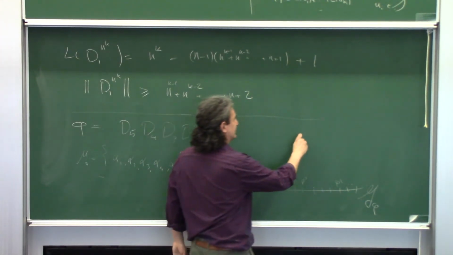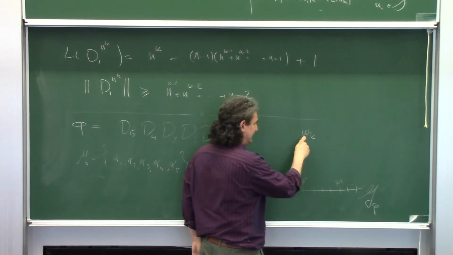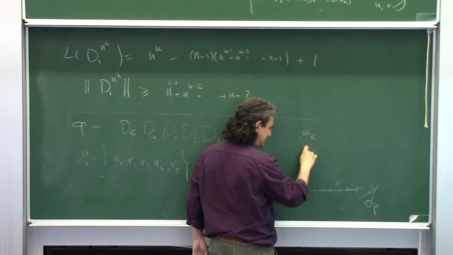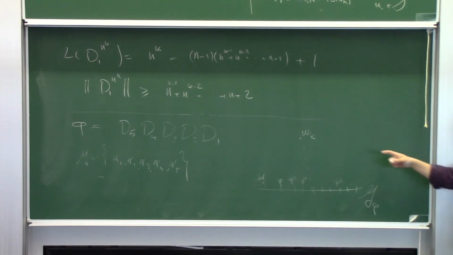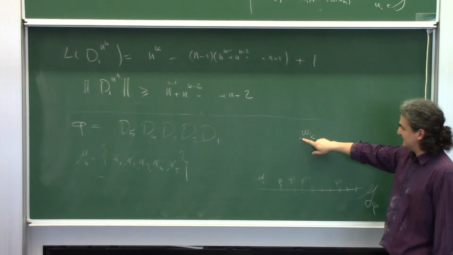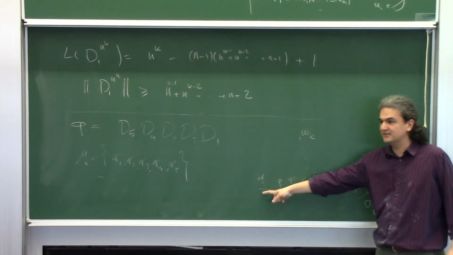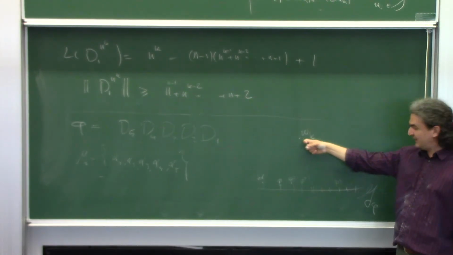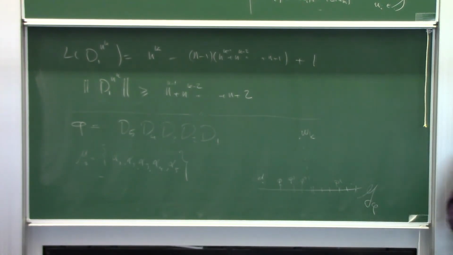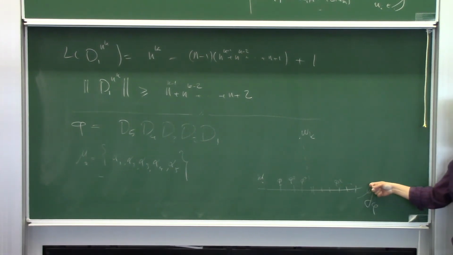Okay, I need a word WK whose distance to this axis I can somehow compute. That's what I want now, right? And I want the word to be somehow a large power of a twist. So in the curve complex, it projects to identity, but I want the closest point projection of that to the axis to be somewhere way over here. So that is my goal: to cook up a big power of a twist, which in the curve complex looks like it's here, but the mapping class group thinks it looks like it's on top of here, right? So I do that.